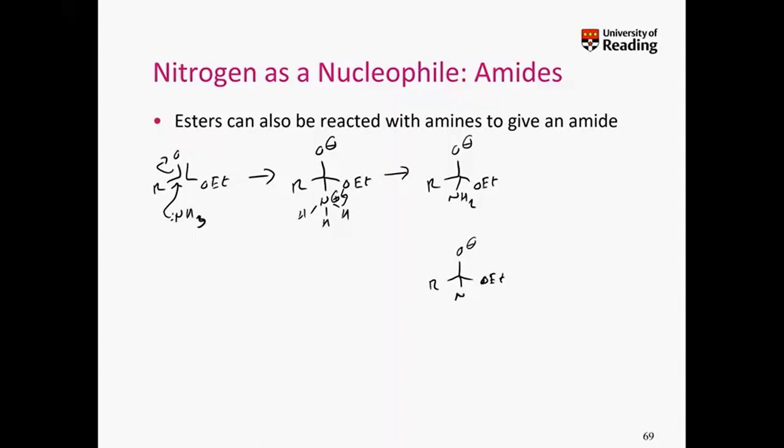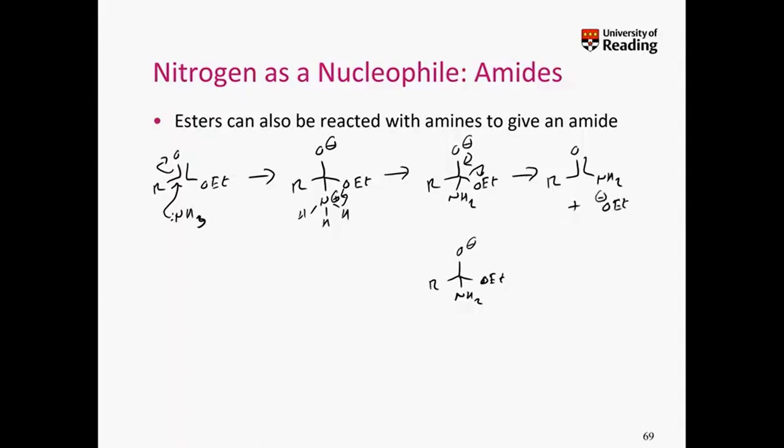And it's very similar to the examples we did with the aldehydes and ketones. Do we use the O-ethyl group as a leaving group, or do we use the NH2 group as a leaving group? So if we do what we want to happen, which is reform the carbon-oxygen double bond and kick out the O-ethyl group, what we end up with is the product we want, which is our amide, plus